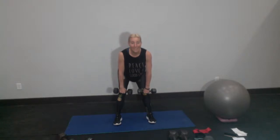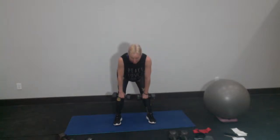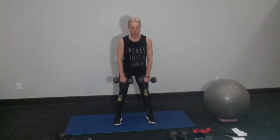So shoulders back. You're just going to let those arms rest, relax forward. And then we're going to come down, nice flat back. And draw those hips forward, squeeze your glutes at the top. Whenever I start out with stiff-legged deadlifts, not only do I want to start with kind of a lightweight if we're just warming up, but I also feel out how low I can go because everything's tight and cold right now. So hamstring flex,